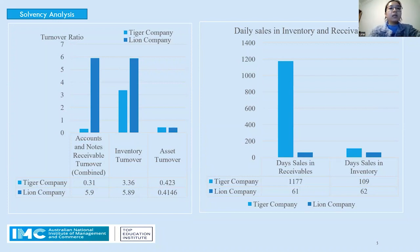And the second one is the inventory turnover, which is equal to cost of goods sold divided by average inventory. For Tiger Company it is 3.36 and for Lion Company it is 5.82. Next one is asset turnover. Asset turnover is equal